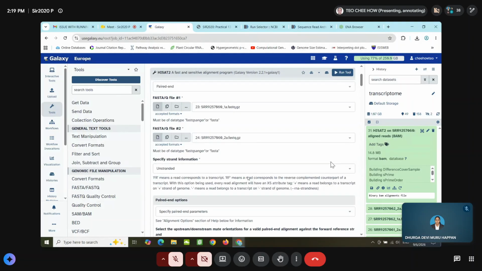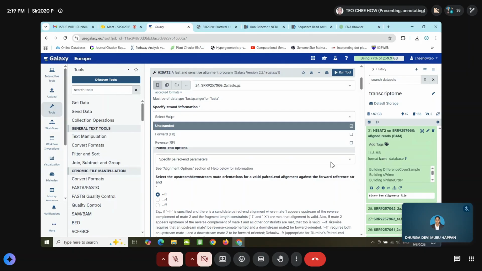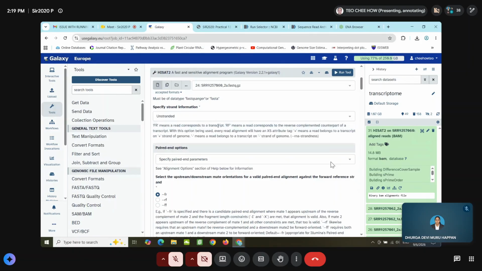So for HISAT2, we will use unstranded, right? Sometimes this information is important. When you want to do a sequencing, you have to tell the company whether you want a stranded or non-stranded library. Stranded library is better. Why?